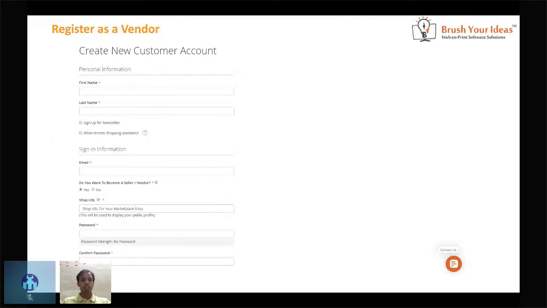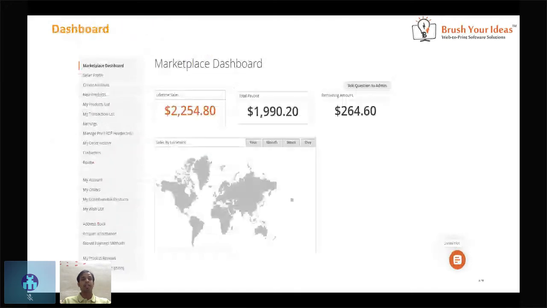After registering with the system, they will be able to access their dashboard, the order list, the transaction list, and their earnings. They will be able to see how much they have earned till now, their lifetime sales, and the total payout. Payout is the commission they receive from the business owner, the super admin.